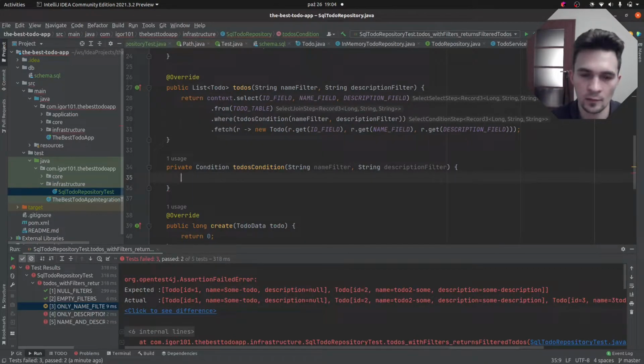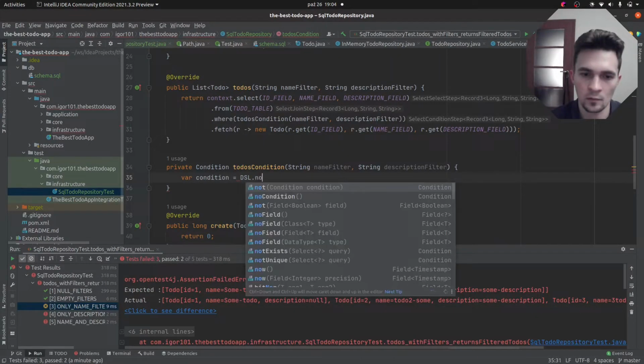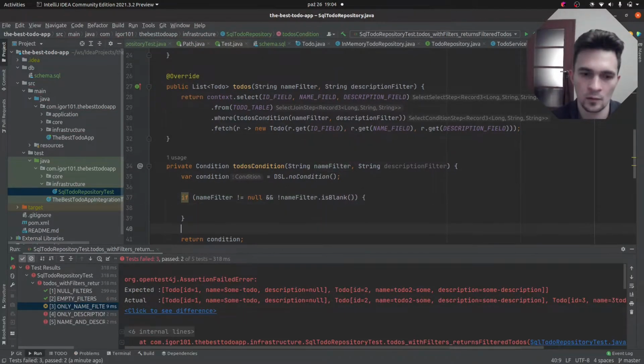Let's maybe approach it differently. So condition, no condition, so always true, and maybe if name filter is not null and name filter is not blank, we will say that condition equals